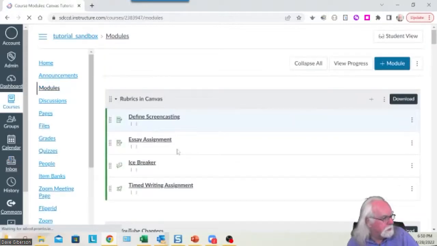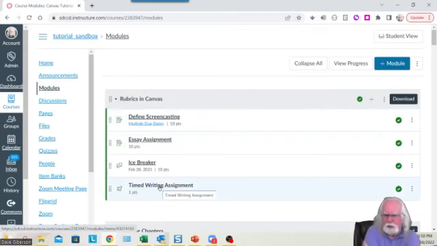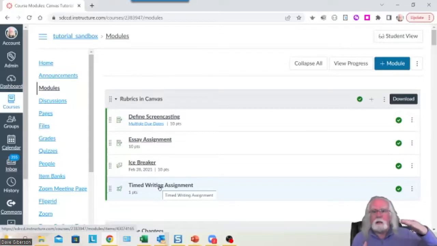I've got a quiz in there. And about the only reason I can think of, though I'm sure other people have come up with reasons to use rubrics with tests, but the best reason I can think of is for an essay question. If you've got essay questions in your tests, you might like to have a generic rubric that would apply to any and all essay questions within that test, that would have all the usual benefits. But an especially useful thing that you can do with screen,